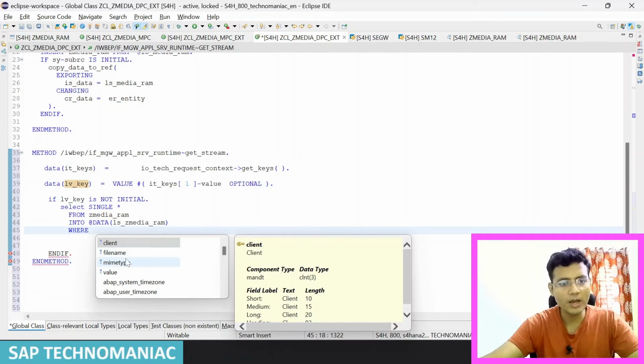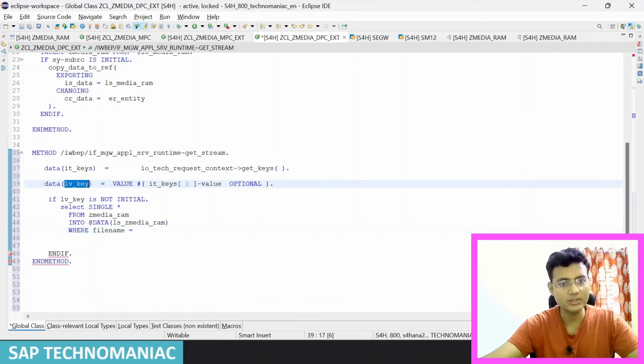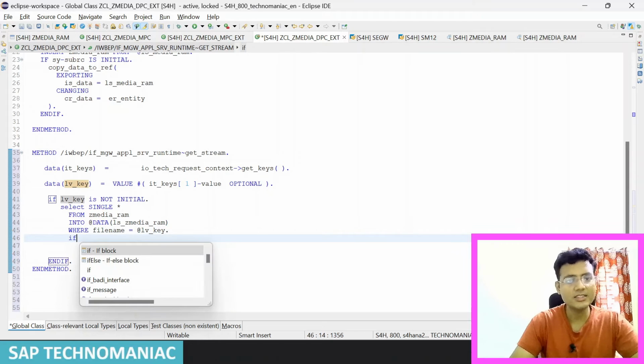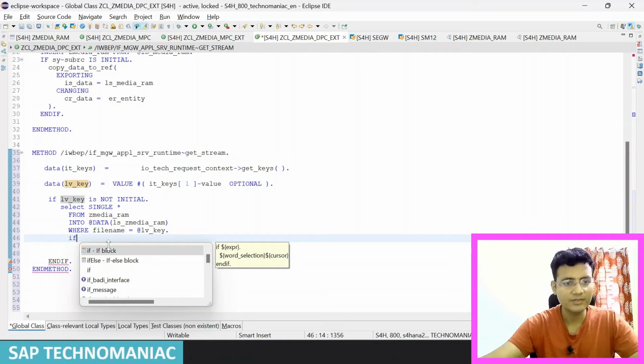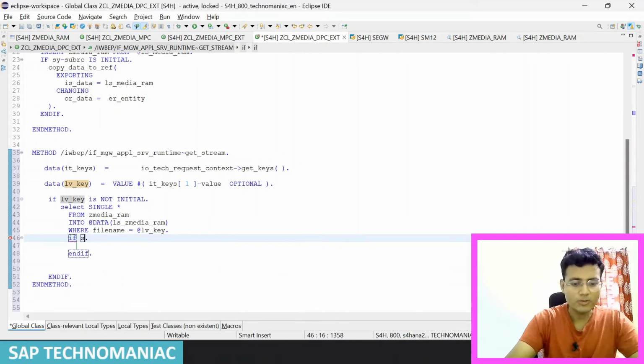Control space you will do. I want to pass the file name. And what is the file name? I have this file name. Control C. We are using new syntax, so you have to pass the @ symbol, and you can pass Control V, lv key. If sy-subrc is initial, I have to create a shortcut for sy-subrc equal to initial, because we use it multiple times. You can create the template and you can use it directly. If sy-subrc is initial, then